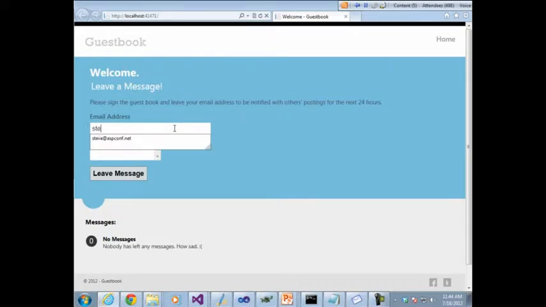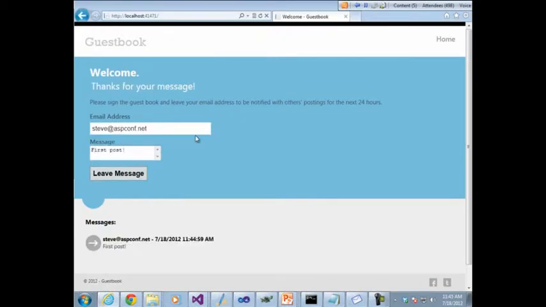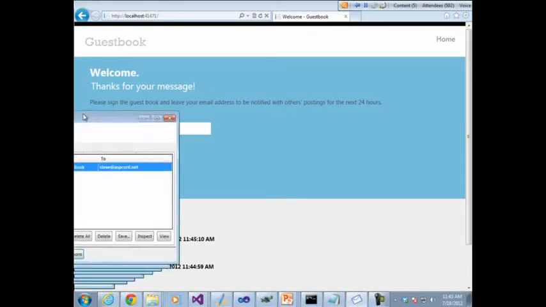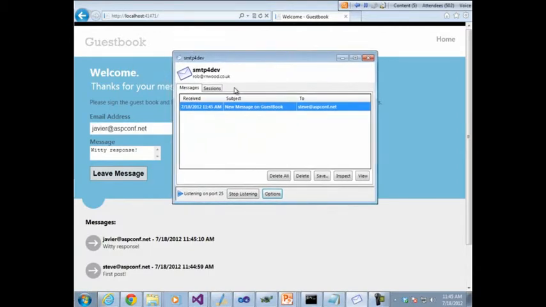And so we'll come in with Steve at aspconf.net. We'll say something clever like first post. And you'll see it's showing the message down here. And then we'll have Javier come and reply with some witty response and add that, and you see it showed up. And down here, pull this over, I've got SMTP for dev running, which is listening on my SMTP port